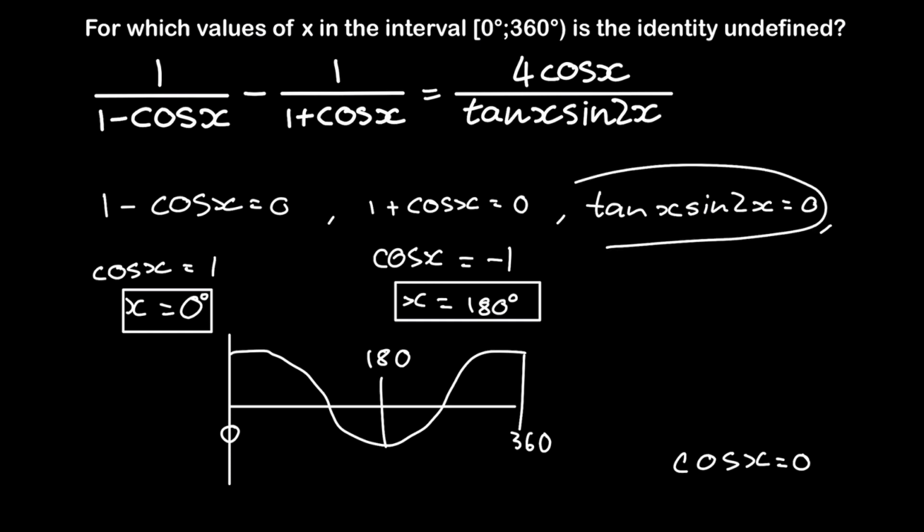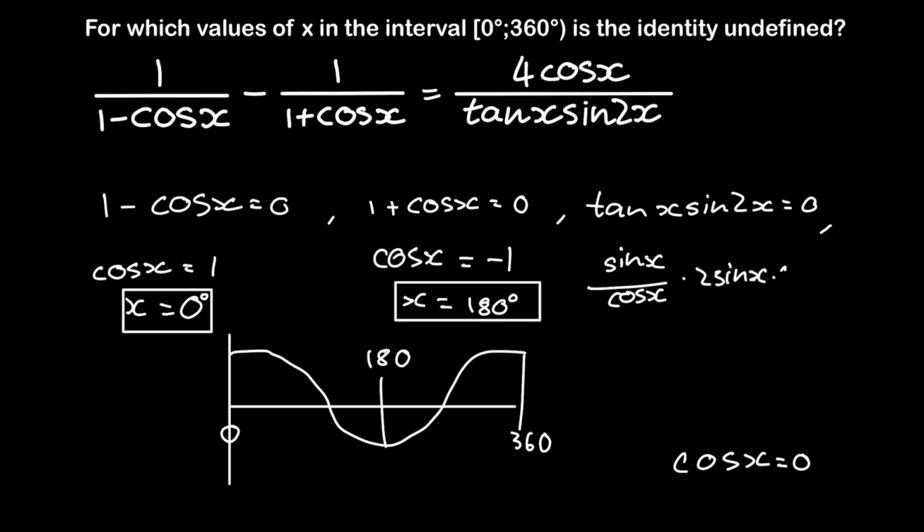And now let's deal with this. Tan of x times sine of 2x equal to 0. So these are both, funny enough, identities that can be expanded. Tan of x is equal to sine of x over cos of x, and sine of 2x is equal to 2 sine of x cos of x, and then the same thing is equal to 0. So this cos of x and this cos of x can be cancelled out, and then we have 2 sine squared of x equal to 0. And now where sine of x is equal to 0, cos of x will also be equal to 0,